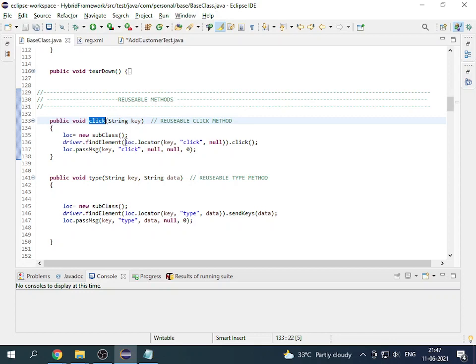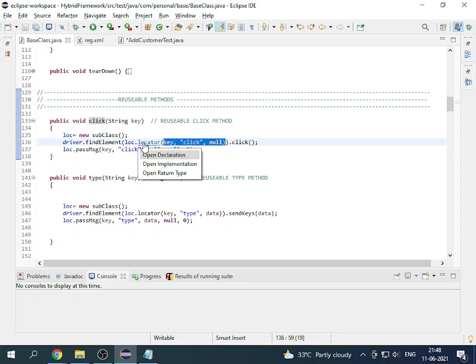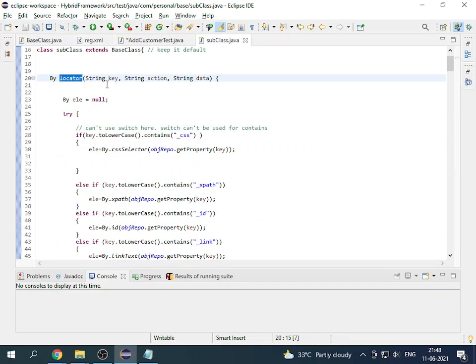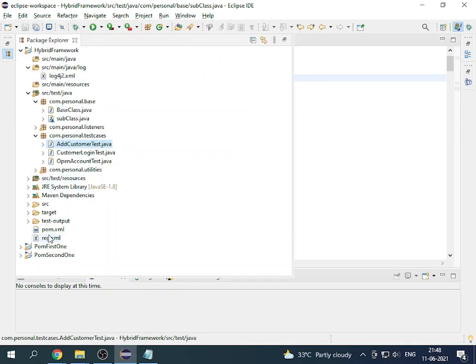Driver dot find element, locator dot locator key, dot click. What is it doing? It is sending these three variables: key, click, and null. It just goes to a locator and returns data as a by class. We are getting key. I have already told you what key is.